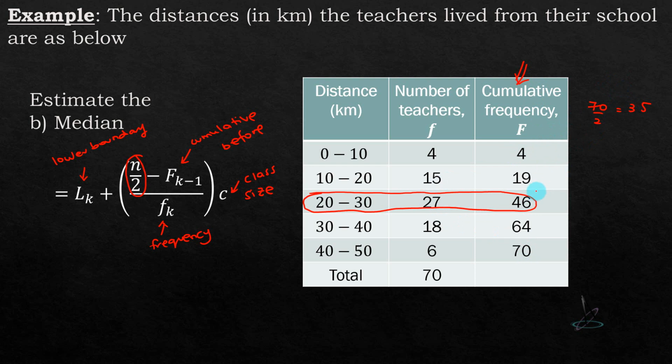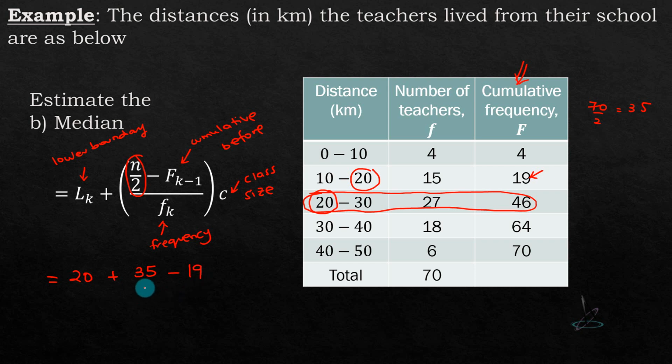So we want to find 35, it is simply inside here. Okay, so we are going to use the formula. So the lower boundary for this, we're going to take this value, add it with the previous one, so 20 plus 20. You divide them by 2, so that is simply equal to 20. Plus n over 2, which I already calculated previously, which is 35, minus the cumulative before our class. This is my class, the one before that is 19,